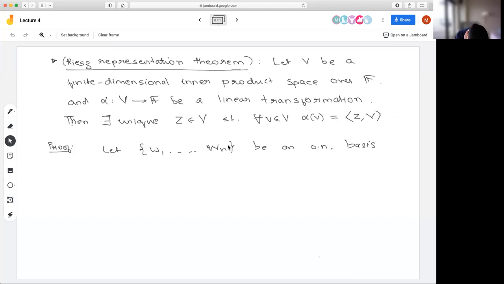Another thing we know is that to understand what a linear transformation is doing, we just need to understand what it's doing to the basis elements. Okay. So we can completely understand this linear transformation just by understanding the values alpha of W1 to alpha of Wn. Once you know these, you can compute it on any vector in V. So in particular, any vector V can be written